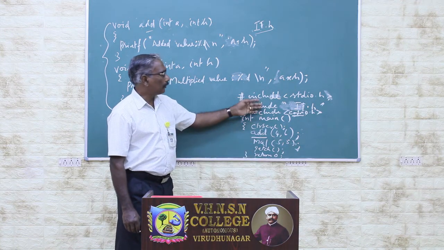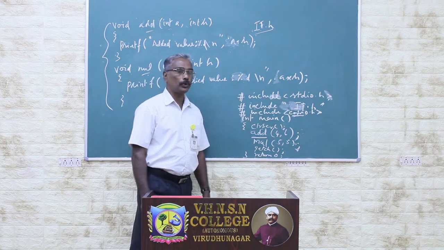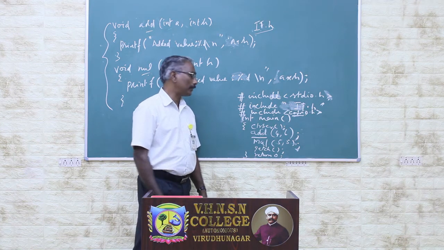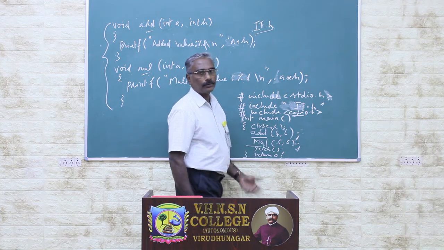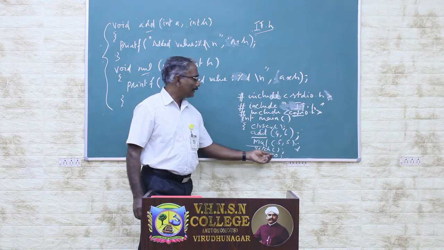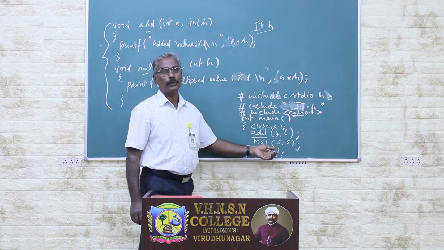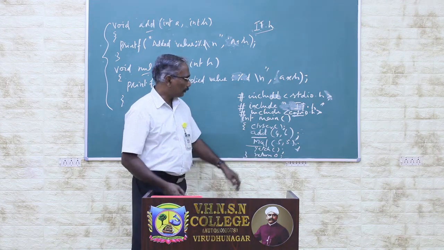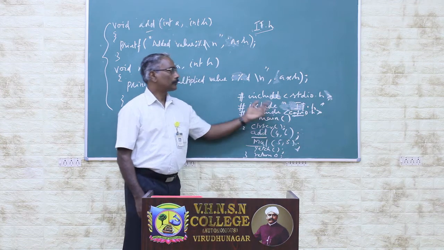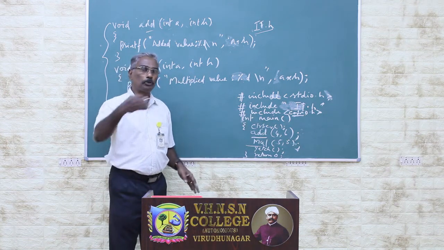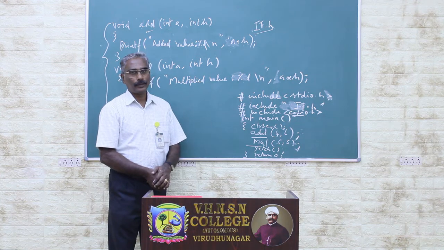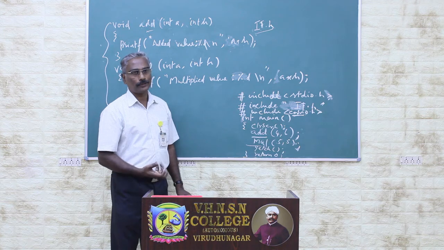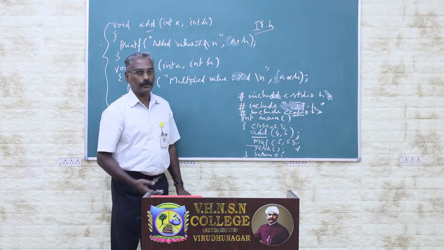And you have included stdio.h. If you want to write some printf statement or scanf statement, you can add it here. The next one is getch, and you all know what getch is. When you give one character, it will exit, then return 0. So this is the way you have to include a header file: how to include, how to create a function, how to call a function. Okay, let us see in the next.